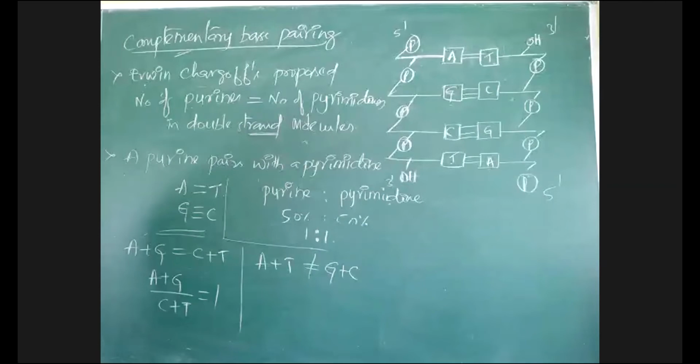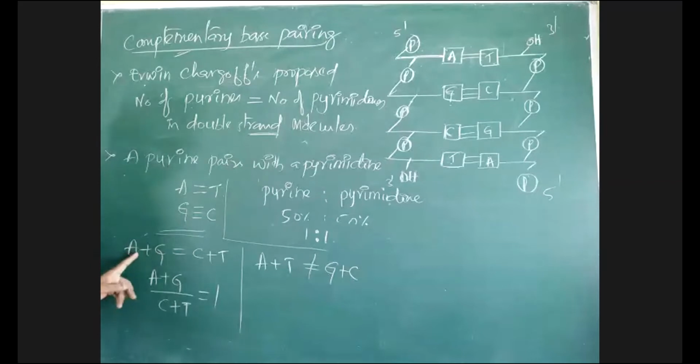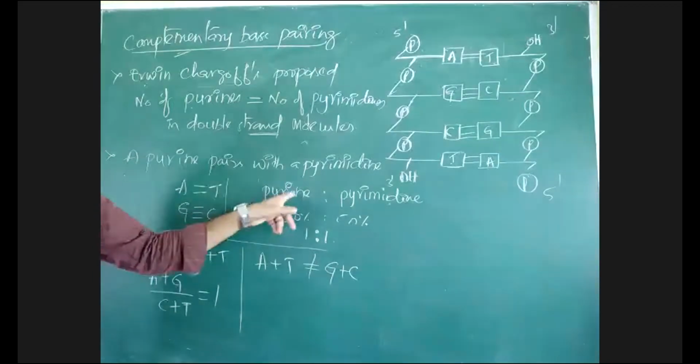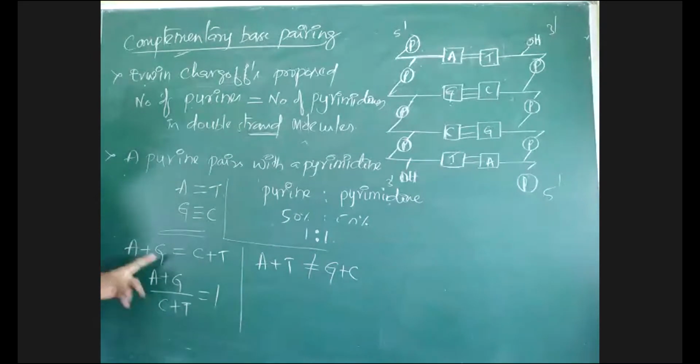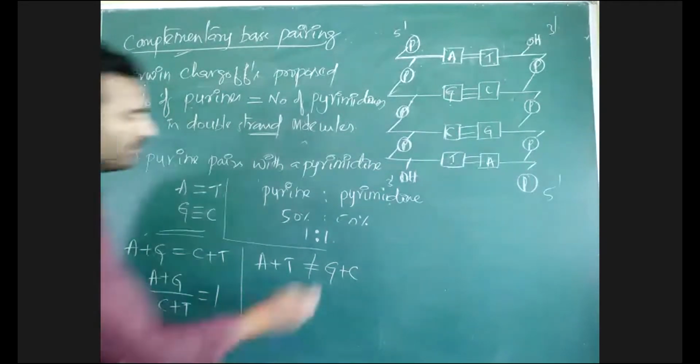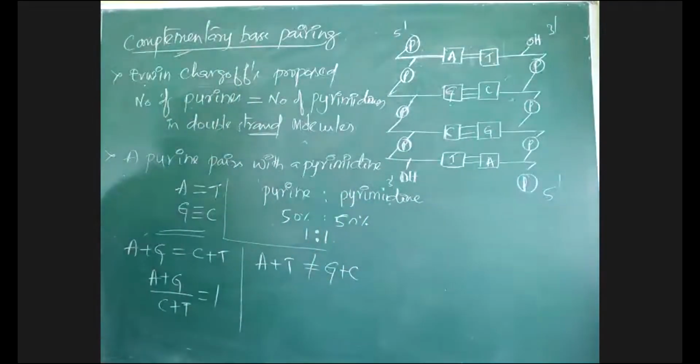Why not adenine and cytosine? Because purines are adenine and guanine, so adenine and guanine only. What is this law? Purines are always equal to pyrimidines. Cytosine will not come in combination with adenine because cytosine is not a purine. Adenine will not go there because adenine is not a pyrimidine. A plus T may or may not be equal to G plus C. These are various expressions related to the Erwin Chargaff law.